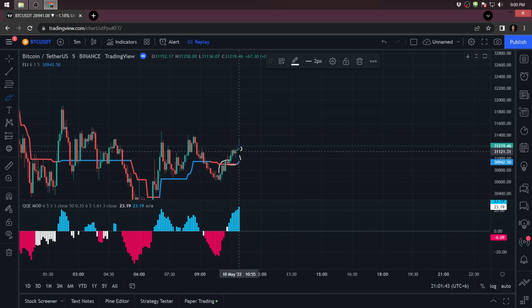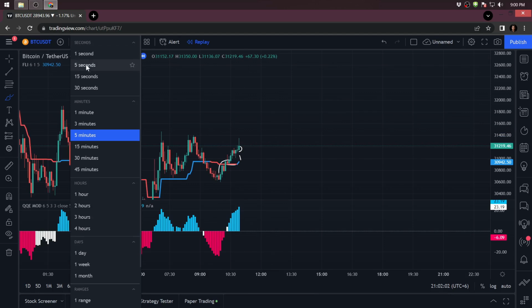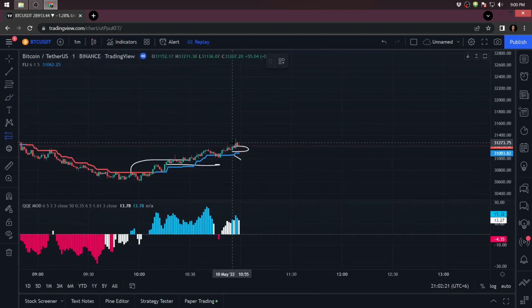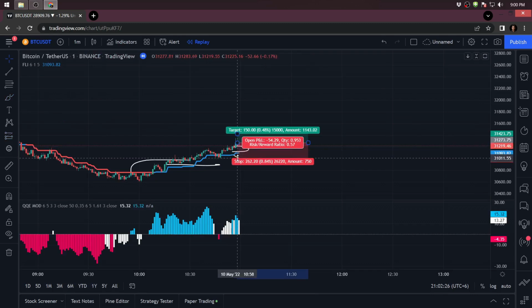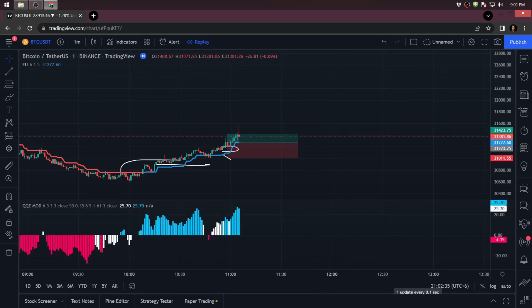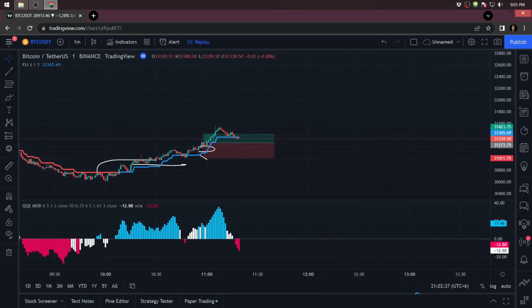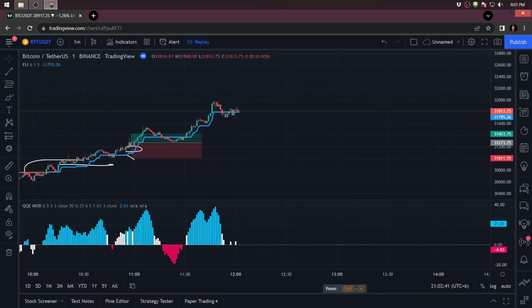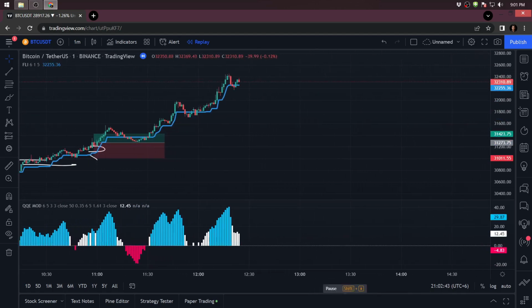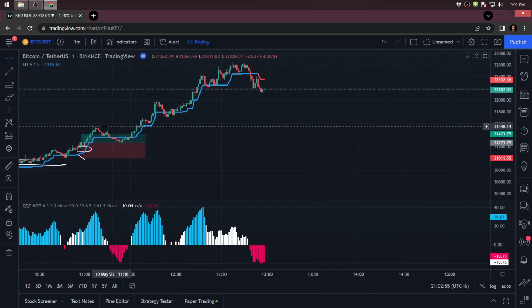If all the confirmations match, that means a strong uptrend is going to happen and it's our buy signal. So we just change the time frame to 1 minute and we take a long position here, and our stop loss will be the last swing low. And if I look after a few moments, the price is trying to go up, so let's see what happens. After a few moments you can see the price is successfully going up, and if I measure it, you can see